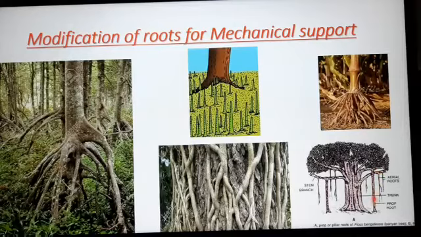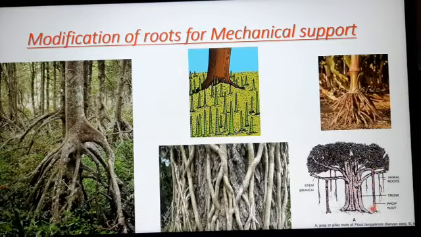They grow vertically downwards, student, and are supporting the branch, or the plant as a whole, often looking like a pillar. Here you can see it looks like a pillar. They are produced from this aerial branch and grow downwards and look like a pillar. This is the prop root and the example is the banyan tree.